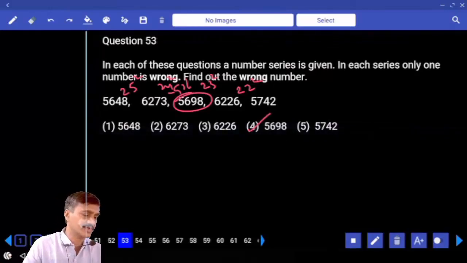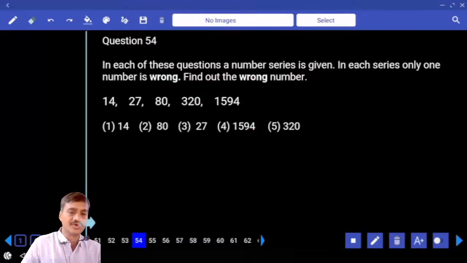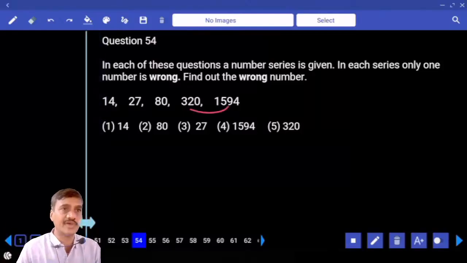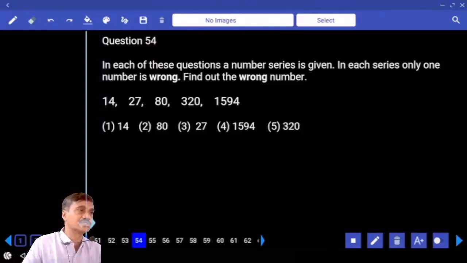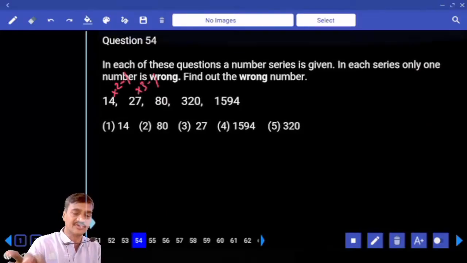5698, choice 4, 53. Then 54. Now in this 54, 14, 27, 80, 320, 15, 24. చెప్పండి. Now 320, 1594 ఆన్సర్ చెప్తారా? 14తో start అయింది, 1594కి end అవుతుంది. And at the same time ఏమవుతుంది చెప్పండి? And numbers 300 నుంచి చూసుకుంటే minimum 5 times పెరిగింది. Numbers are increasing at a very fast rate. It must be under product or difference. And difference or product or combination. And product or combination 14 into 2, 28 minus 1, 27 into 3, 81 minus 1, and